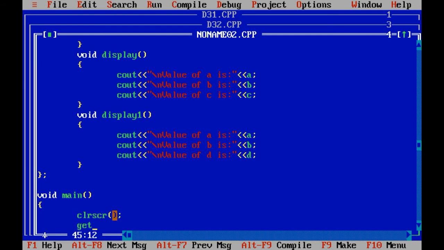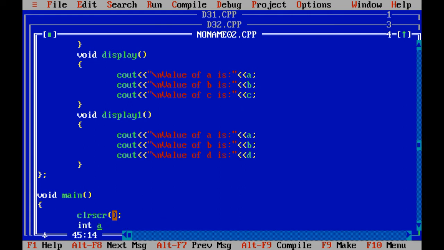Now let us create the structure of void main. clrscr, getch. Let us create the objects of the dynamic_object class: d1, d2 and d3.